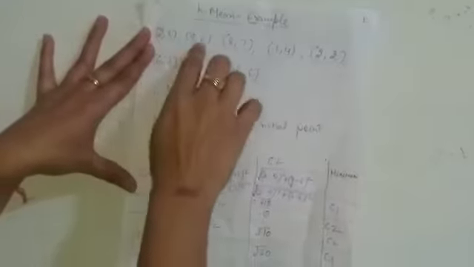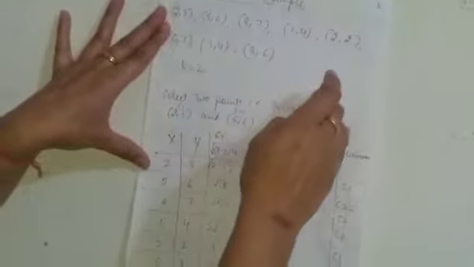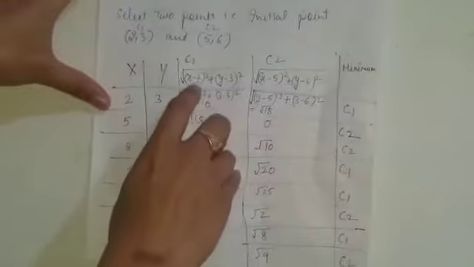We can tabulate the given data in X and Y. X values are 2, 5, 8, 1, 2, 6, 3, 8 and Y values are 3, 6, 7, 4, 2, 7, 4, 6. After that we will find the Euclidean distance, the formula of which is the root of (x minus x naught) whole square plus (y minus y naught) whole square.